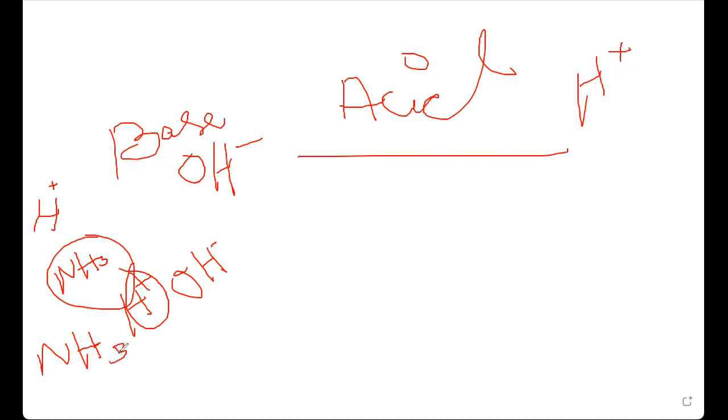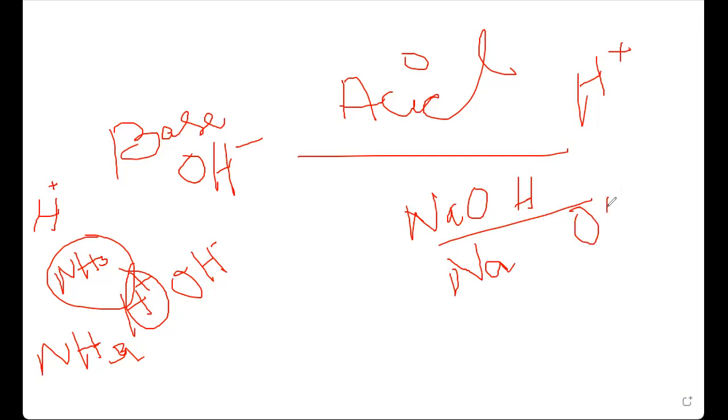And for example, there is one more base, NaOH. Why am I saying that NaOH is a base? Because when you make NaOH aqueous, meaning when you dissolve NaOH into the water, this NaOH will dissociate into Na and OH negative ions. See, it is dissociating into ions, meaning it is donating OH negative ion. That is a base. And ammonia is breaking water and accepting H plus ion from the water.